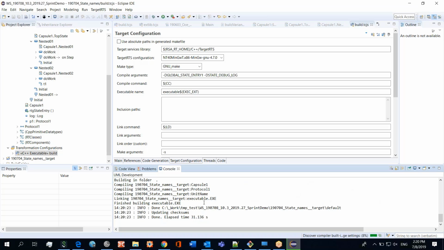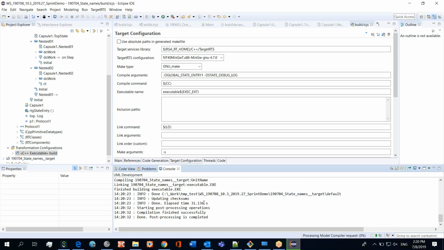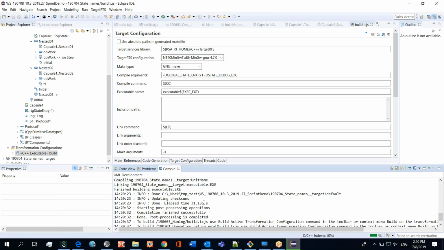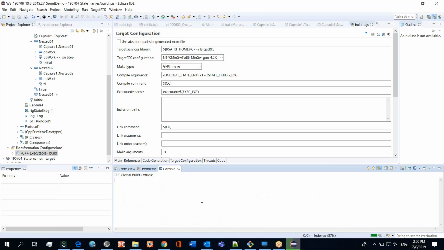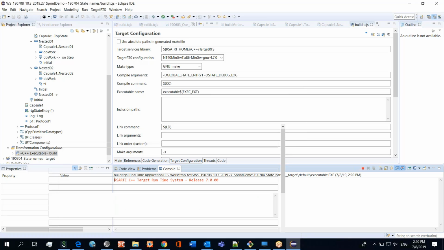Sometimes it's difficult to distinguish, and the engineer has to search for the parent states and add computation of the state names. Okay, so now we are in the debug mode,